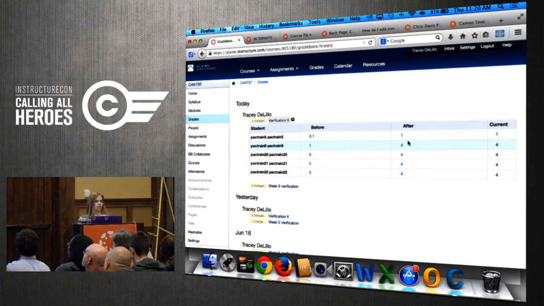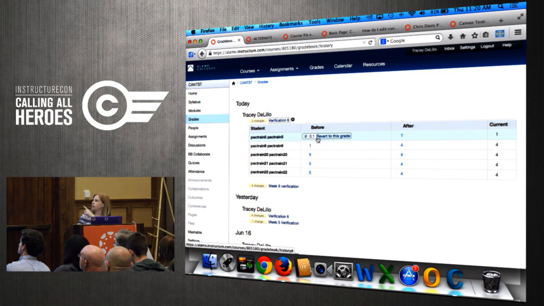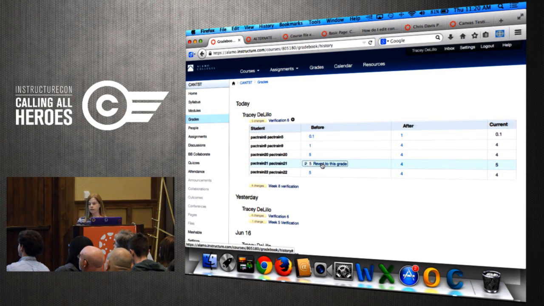The after, and the current. So this is your current grade, whatever was there, the last one. It only goes back one. So if for some crazy reason, maybe your kid's mashing on your laptop and changed all your grades 17 times, that's not so good. But in normal grade change world, this is the way, and you just hover over it and you get that revert to this grade, and you can just click on that and you see the current grade is changing as I do this.